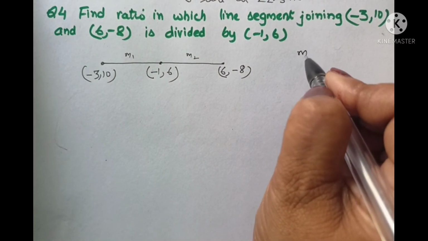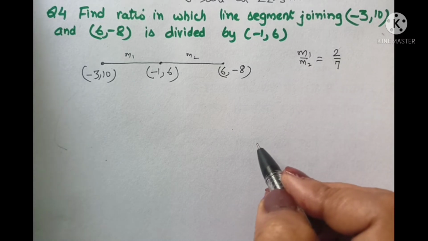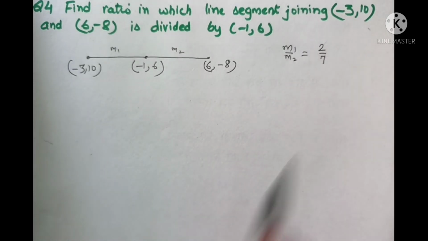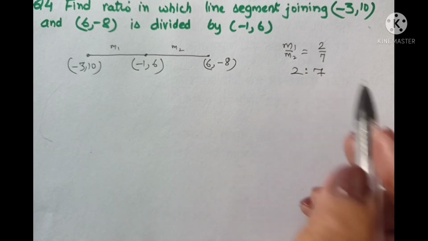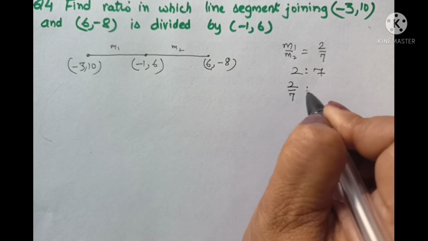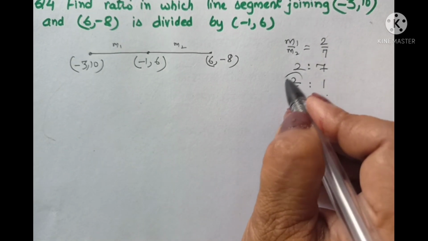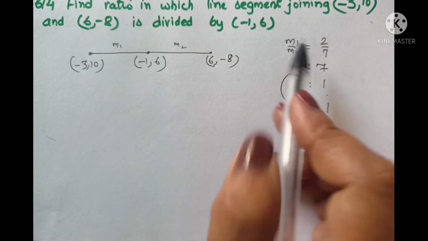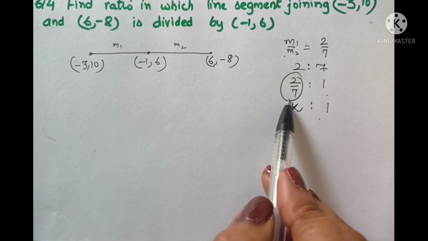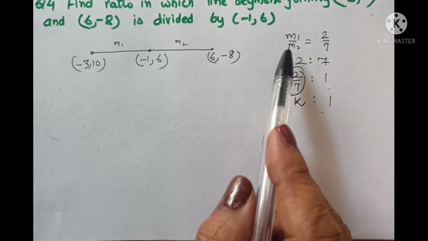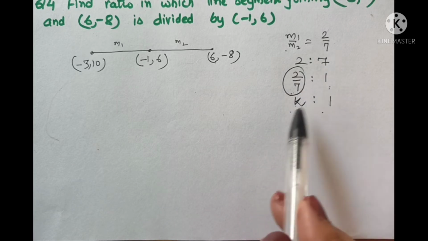Suppose I have a ratio m1 over m2, say it is 2 divided by 7. Now if I write it like 2 ratio 7 and I divide both of them by 7, I get 2 upon 7 ratio 1. Can I write this ratio like 2 upon 7 ratio 1? And I consider this as k. So my same ratio m1 is to m2 becomes k is to 1, where k is 2 by 7. I am repeating, if the ratio m1 is to m2 is 2 ratio 7, I write it as 2 upon 7 ratio 1 and I name it as k.